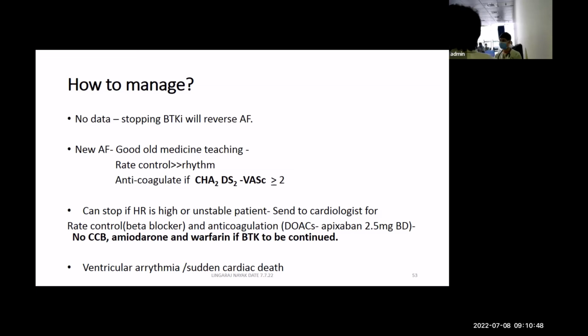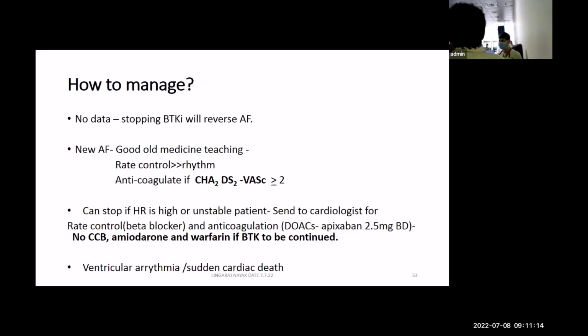They have serious interaction with ibrutinib. So beta blockers, and they will decide whether the patient needs anticoagulation or not based on their risk versus benefit assessment, CHADS score. And when the patient comes back to you, then you decide whether you want to continue with it. Suppose the gut guy has started warfarin, right? Obviously, you can't continue with it because it has serious interaction. That's what you need to discuss with your cardiologist. What is his plan of anticoagulation and rate control, and that will tell you what you want to do.